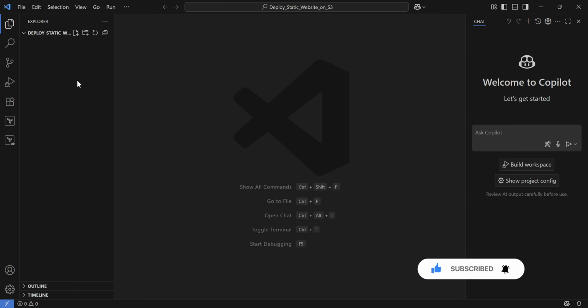Now we are writing a configuration that can help us create an S3 bucket and deploy a static website on your cloud provider.